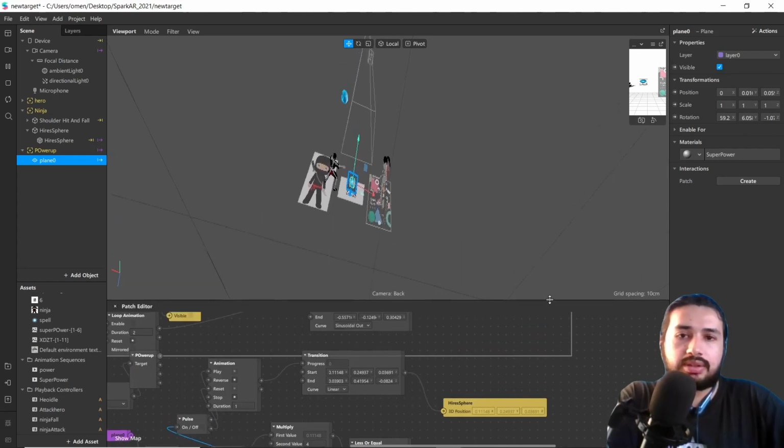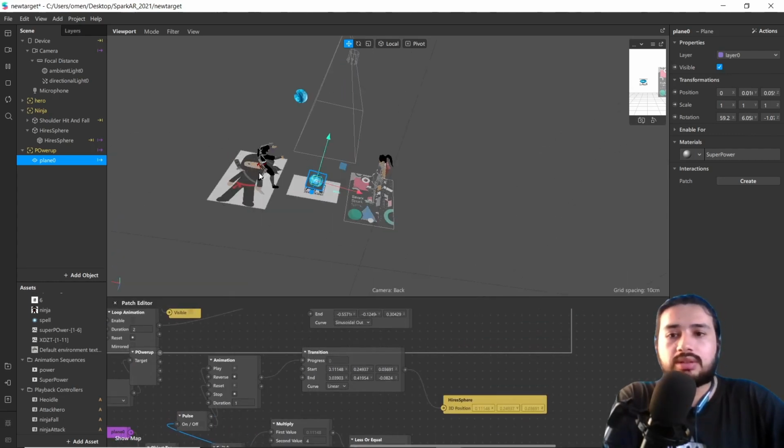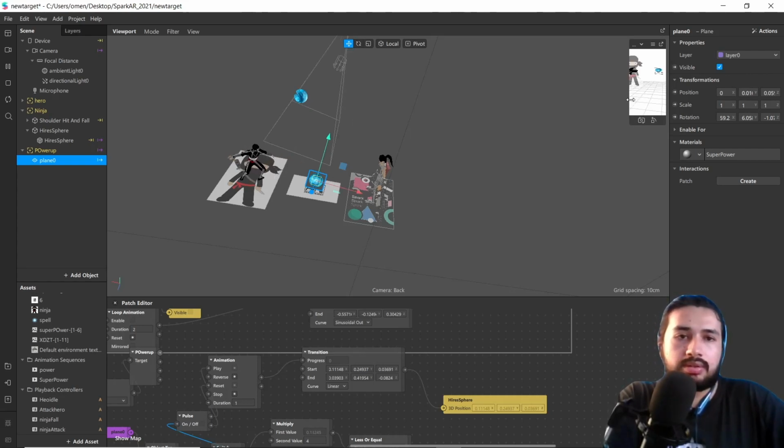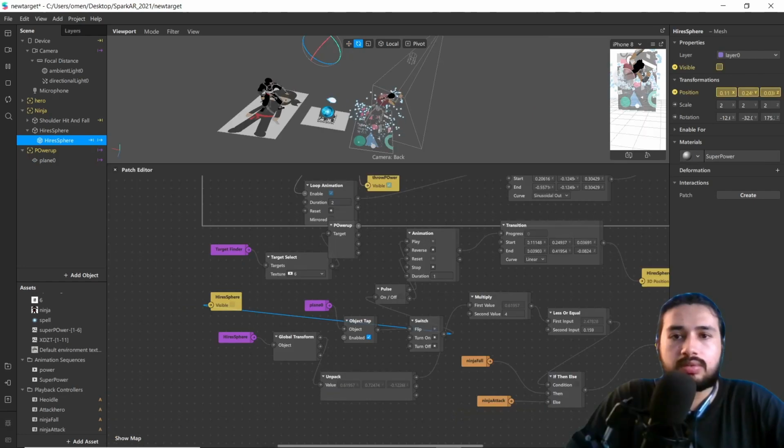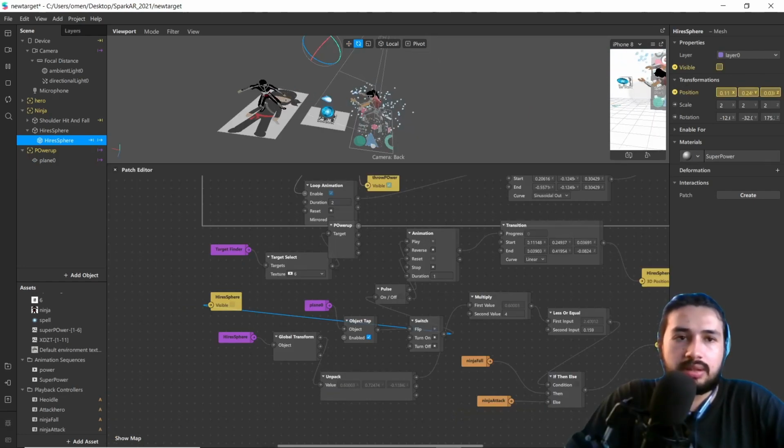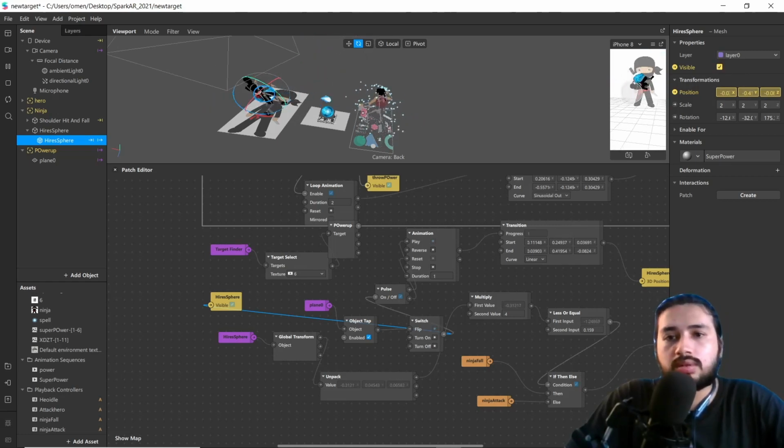Now let's test it. You too can use particles and other effects in this character. Now our main target is attacking, and when we bring the superpower into contact with the image tracker,